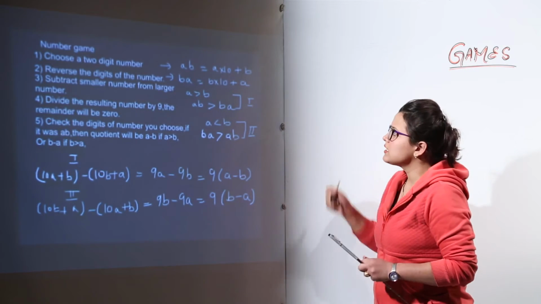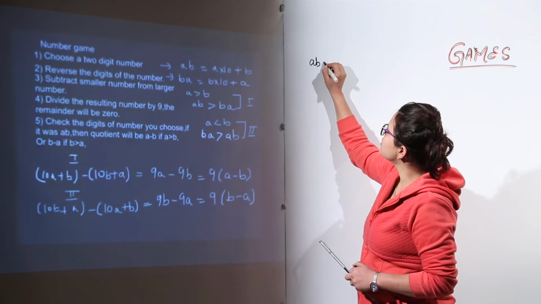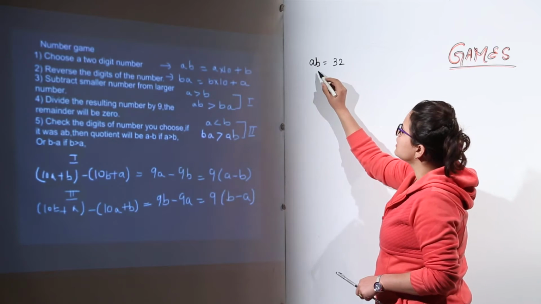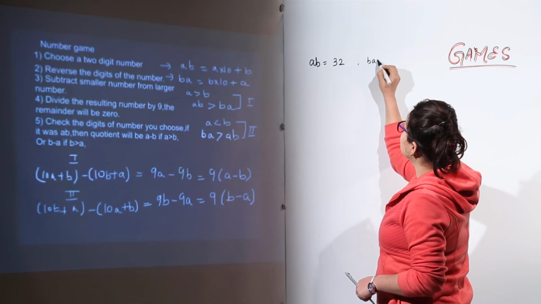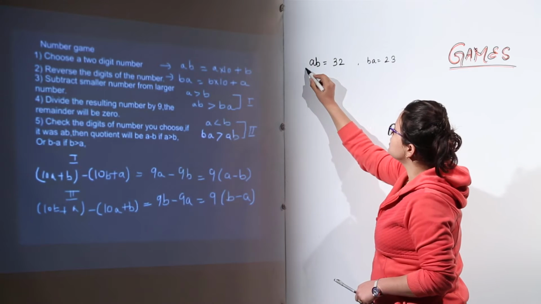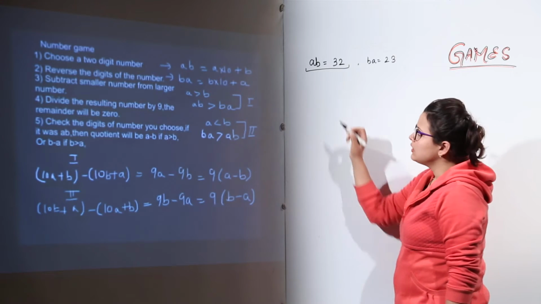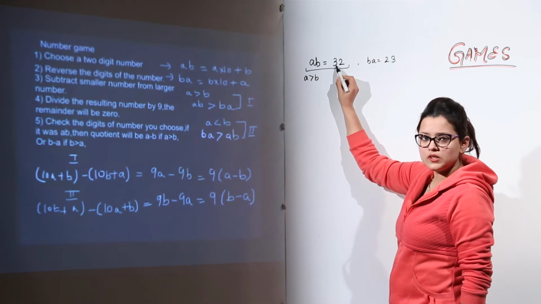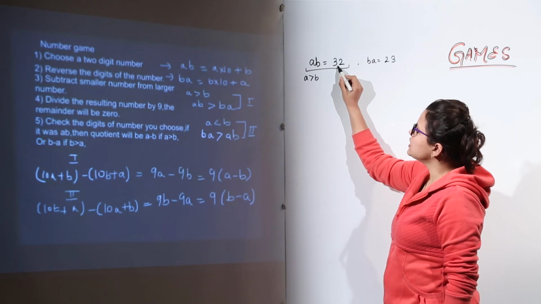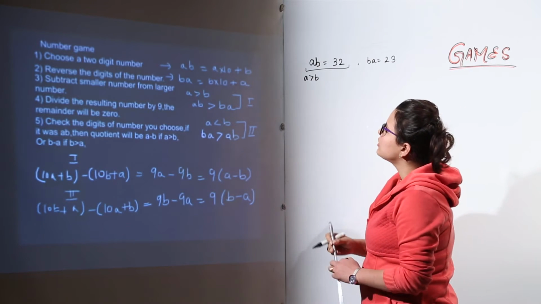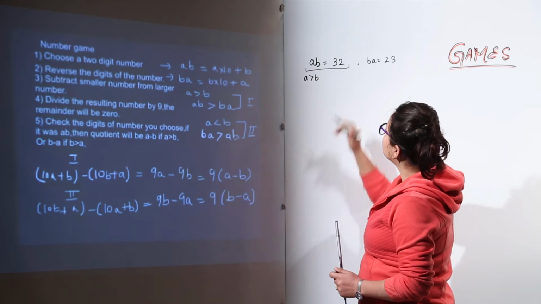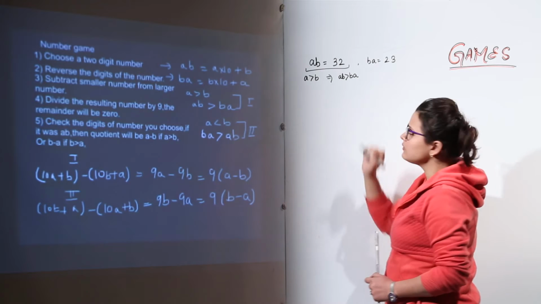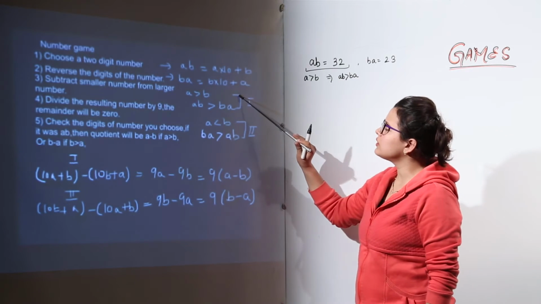How come? Let us take one example. If AB was taken to be say 32, right? In this case, you reverse the digits, you would get 23. That means the original number that you have taken is deciding if A is greater than B. Over here what is A? 3 and B is 2. So 3 is greater than 2. That means which one out of both will be greater? If this is the case, AB is going to be greater than BA. Clear? So that is what I have shown in this case.